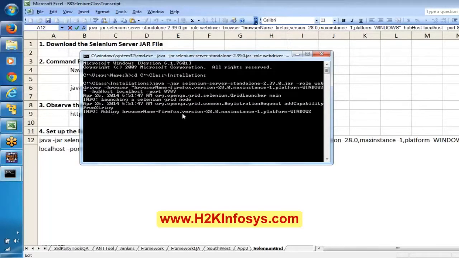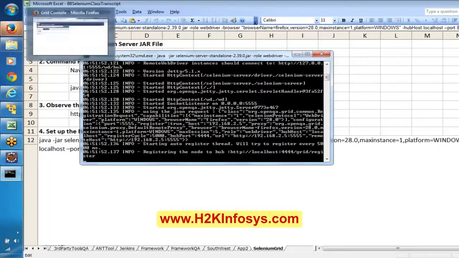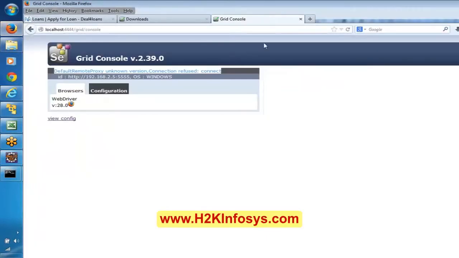Again it is saying adding. Probably if you go now here and refresh this highlighted one, unknown version connection refused, this should vanish. See here, now it is saying version 239. Now it has connected.